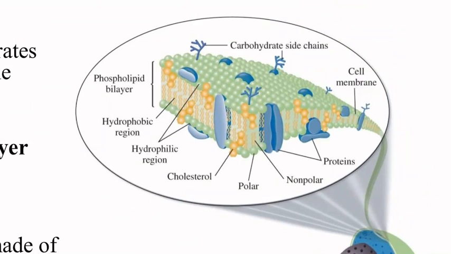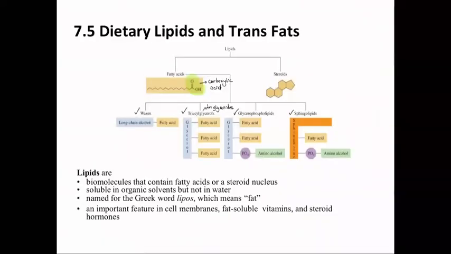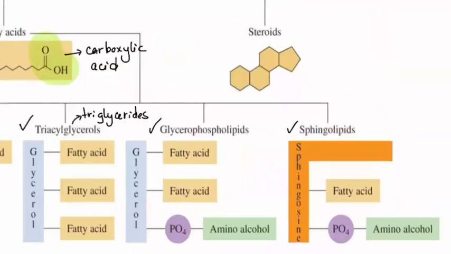We can see that in that green area, why it looks mostly green, is because it is made out of specifically a phospholipid, or in other words, a glycerol phospholipid. To remind you how chemically a glycerol phospholipid looks, if we go back into section 7.5, the glycerol